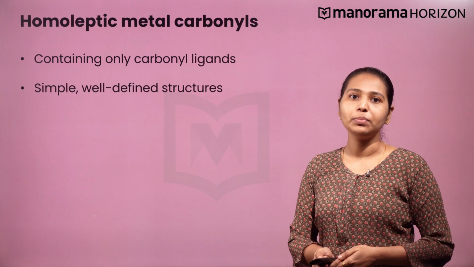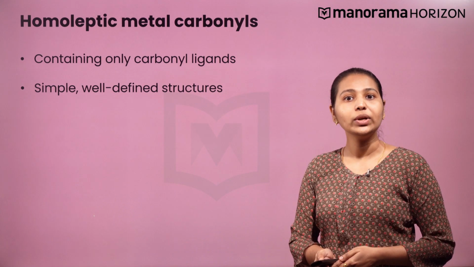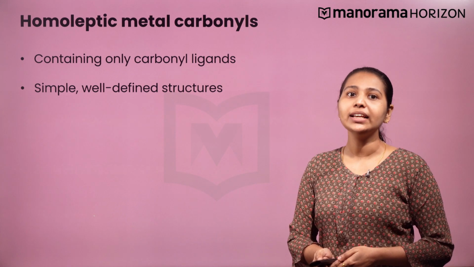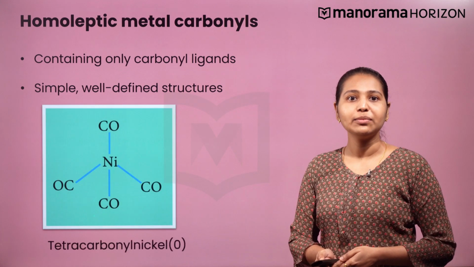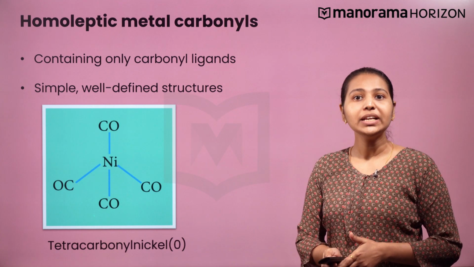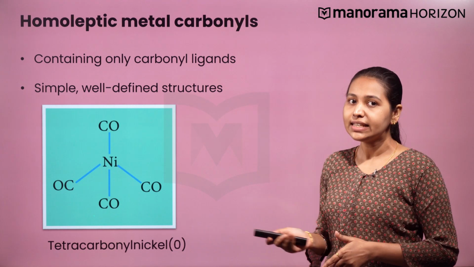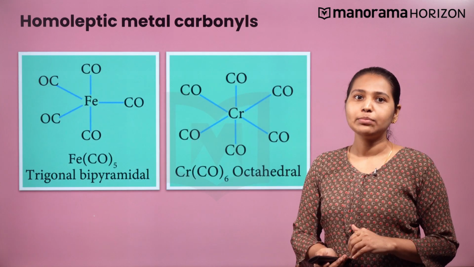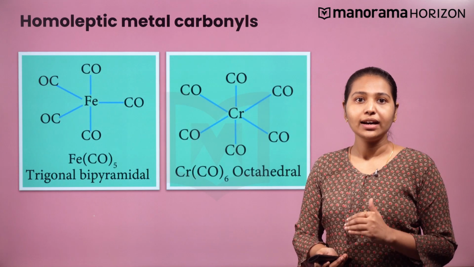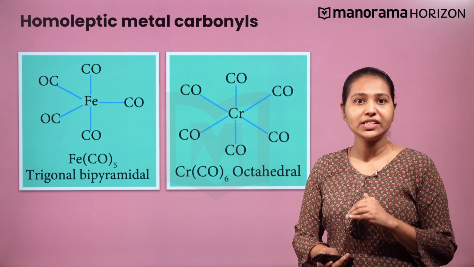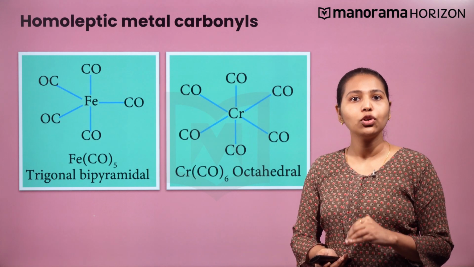A homoleptic complex is a complex that contains only one type of ligand, that is, they contain only carbonyl group as a ligand. For example, tetracarbonyl nickel(0). These carbonyls have simple, well-defined structures. See here, tetracarbonyl nickel has tetrahedral structure. Other examples of homoleptic metal carbonyls are pentacarbonyl iron(0) complex, which has trigonal bipyramidal structure, and hexacarbonyl chromium(0)